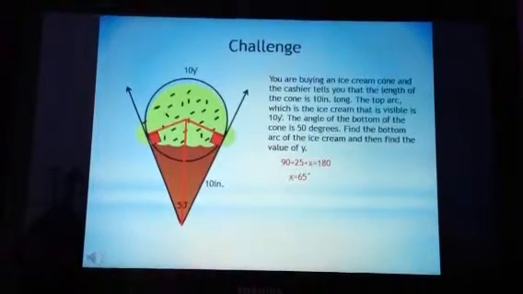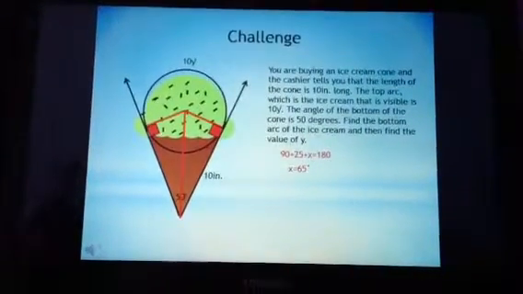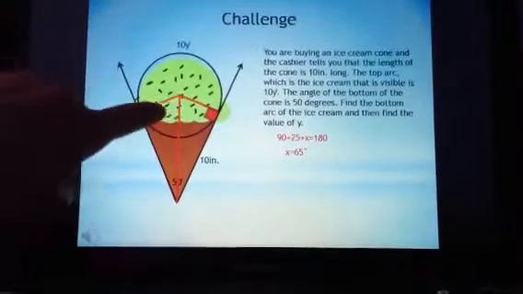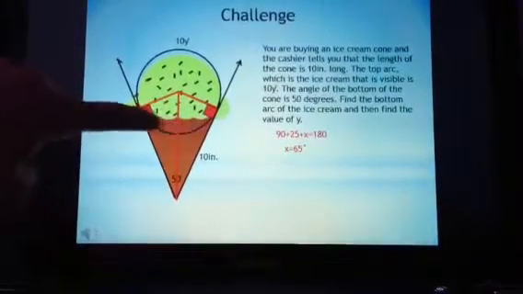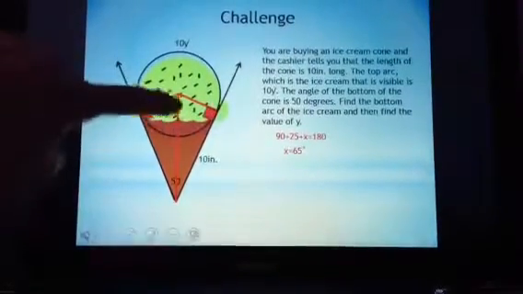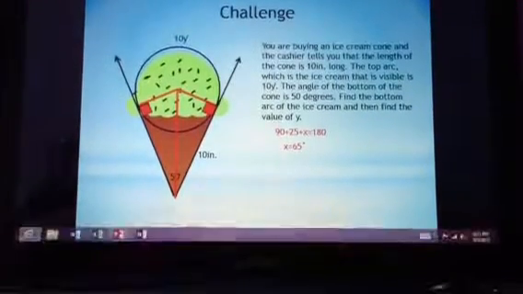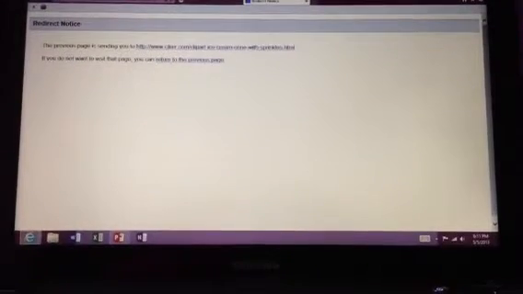So to find this central angle right here, then you take 65 times 2 to get 130. And 130 is also this value of this arc right here, as you can see. And then, so this bottom arc is 130 degrees. And then you just use the theorem we've been using to take